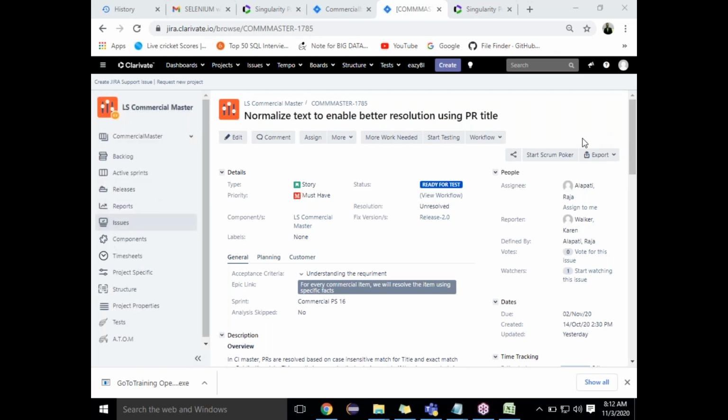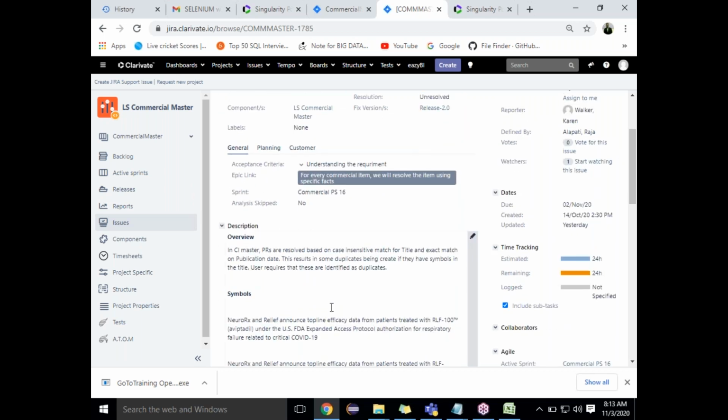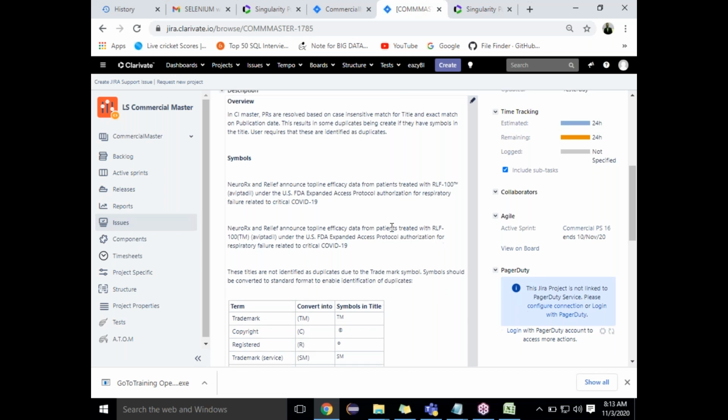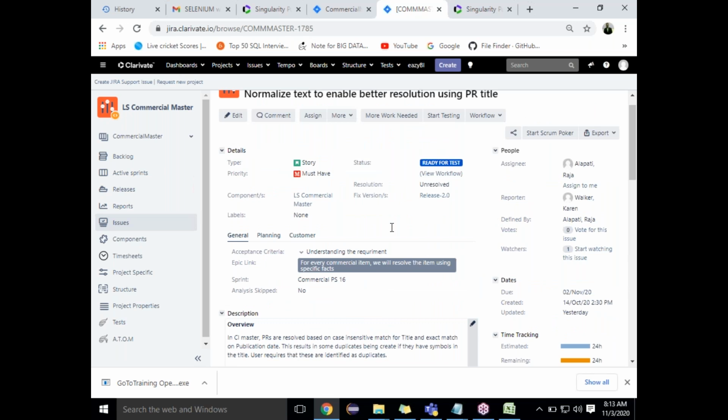There are multiple tools where you will get the requirement. Go through it to see what they are asking. If you understood, well and good. Otherwise, go to the developer. If he is still not able to explain, go to the business analyst, because the person who created it is the business analyst. He will explain exactly what this is and where the validation checkpoints should be.